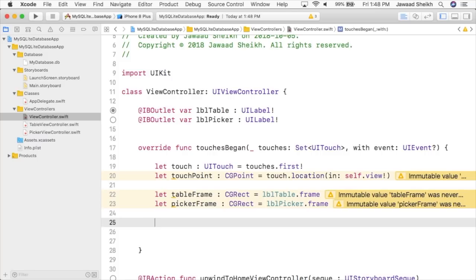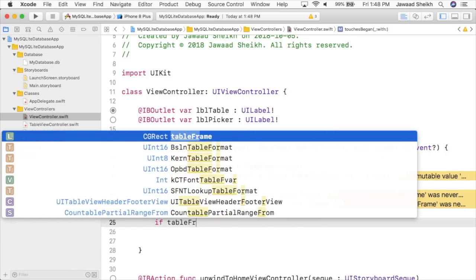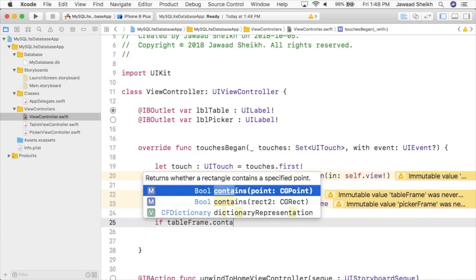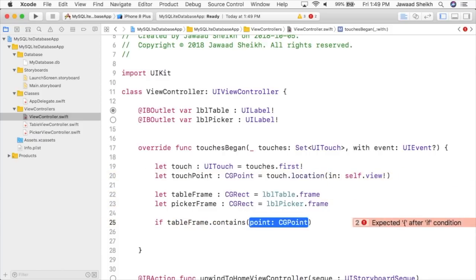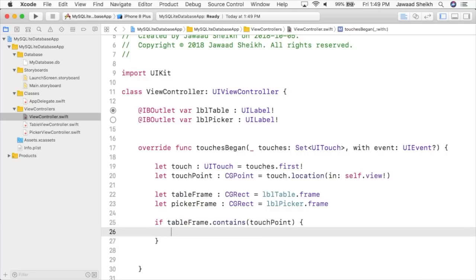So we're going to say if tableFrame.contains, and we'll take the first one here, point, and we'll check to see if it contains touchPoint. If it does, we're going to execute our segue. So we'll say performSegue